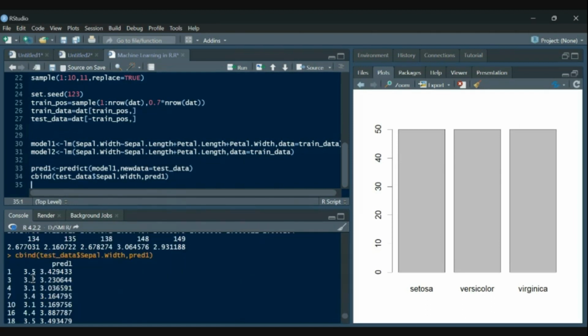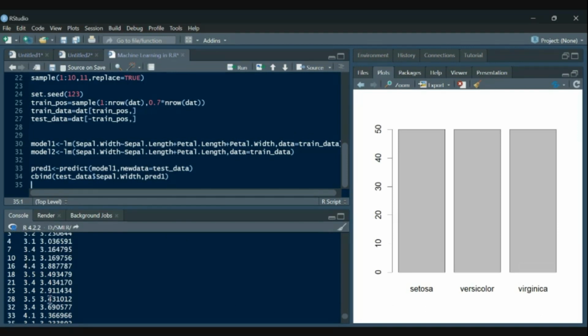These 3.5, 3.2 were the values of the sepal width given in my test data. And what it predicted, 3.5 is predicted based upon my training data as 3.4, 2.9, 3.2 as 3.23, and so on, as you can see here.